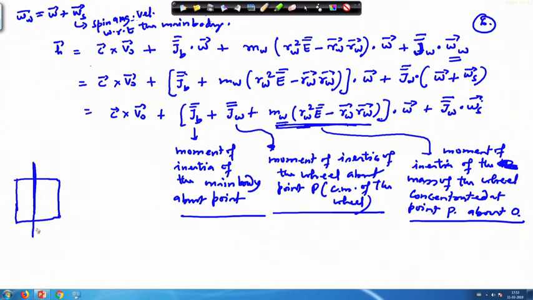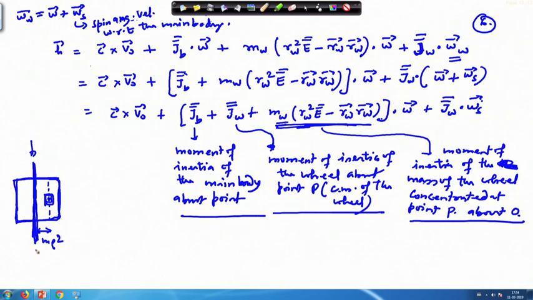And in the parallel axis theorem, what do we do? We have one body here and inside this there is another body. So, first we find out the moment of inertia of the main body about this line, then we find out the moment of inertia of this small body about this line, and then we consider this to be a point mass, and calculate the moment of inertia about this by writing m rho square.